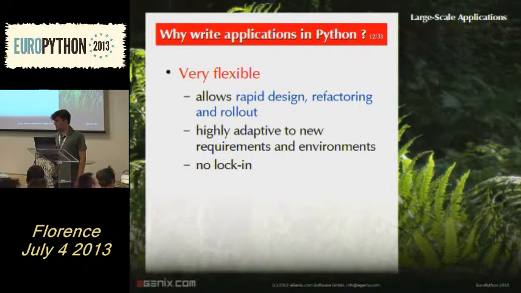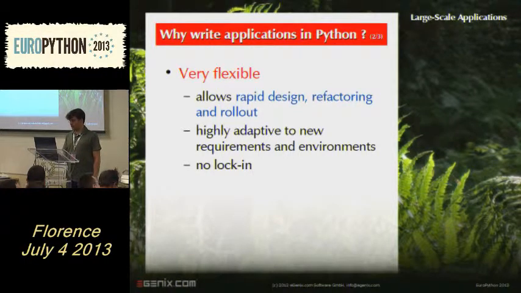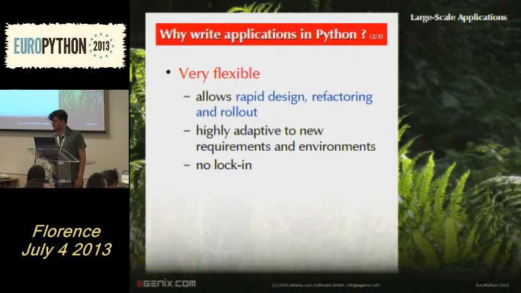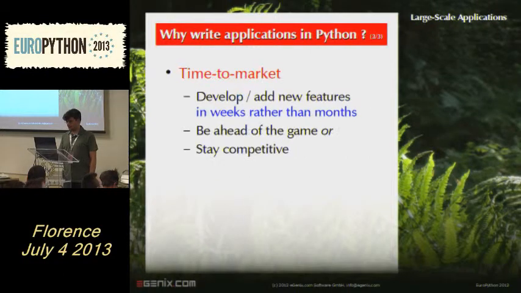Say you have a change in environment. Say someone wants to move from a Linux machine to a Windows machine or the other way around. It's very easy to do. There's no lock-in. You don't have a situation like, for example, when you do a project with IBM, you always get WebSphere, and then you're locked into that particular application framework. It's very hard to move away and move to some other framework again. You don't have that with Python.